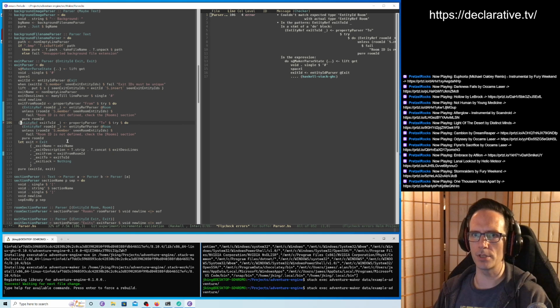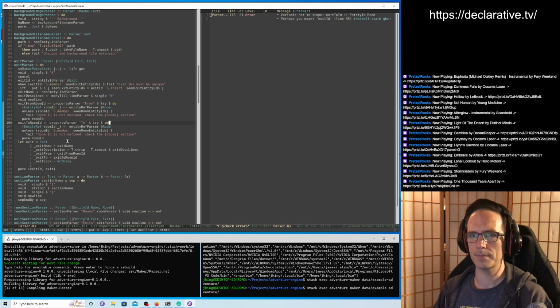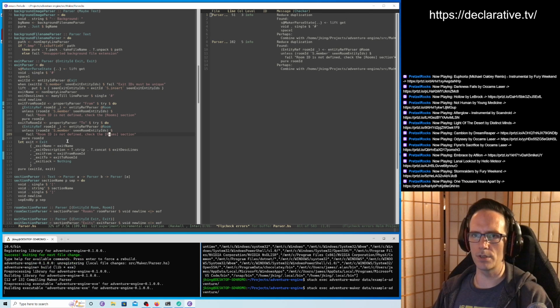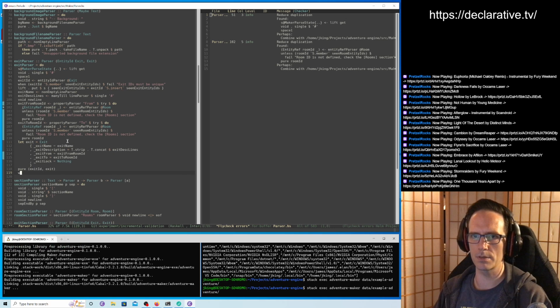This binding has to change to room 2, exit 2, room ID. That's good. These, we can combine them into a single one, so a little